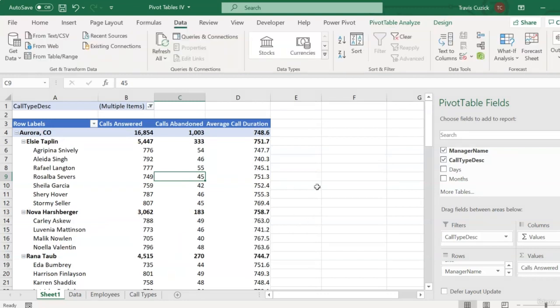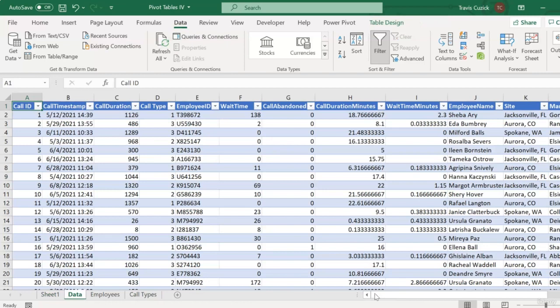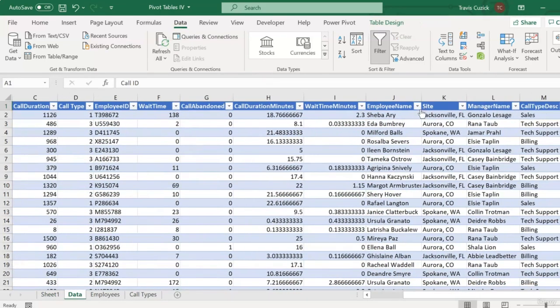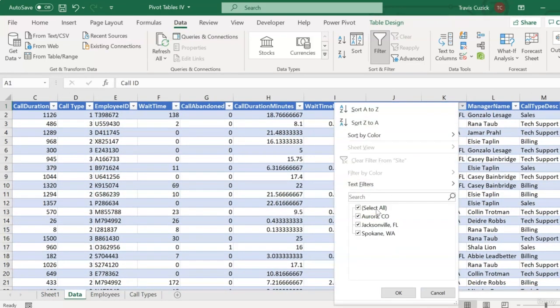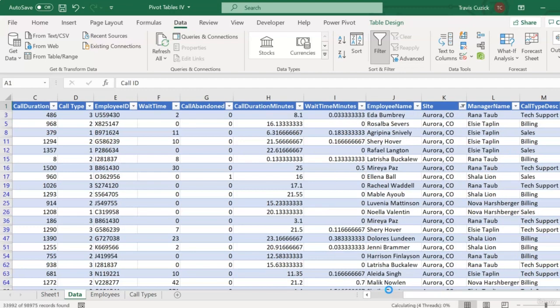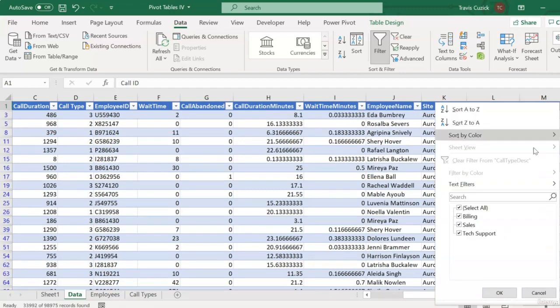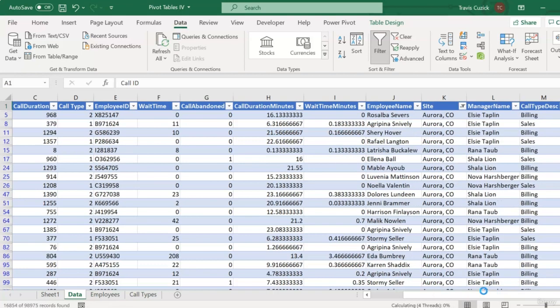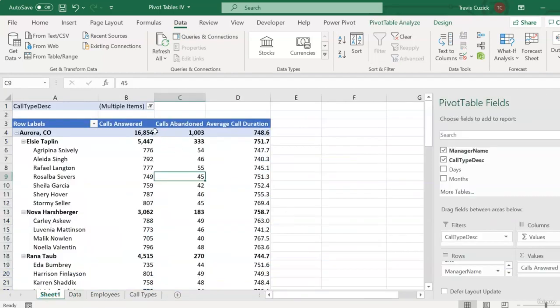And just to prove to ourselves that this is working the way we hope, I'll go back to my raw data worksheet and then filter for site equals Aurora, Colorado. And then I'll filter for call type description is billing or sales. And you'll see in the status bar that 16,854 records were returned. And then if I go back to my pivot table, that's exactly the number we have reflected for Aurora, Colorado